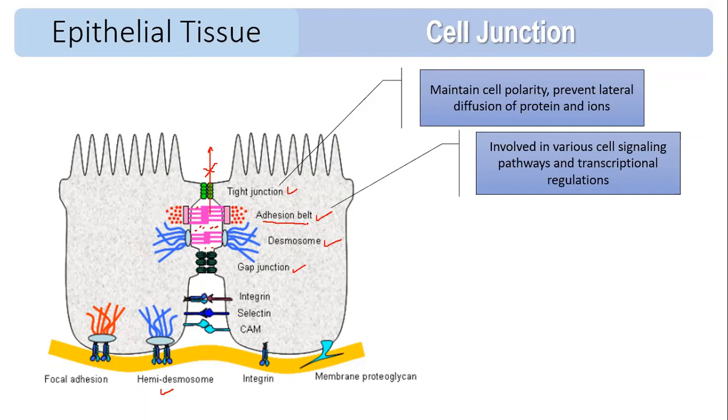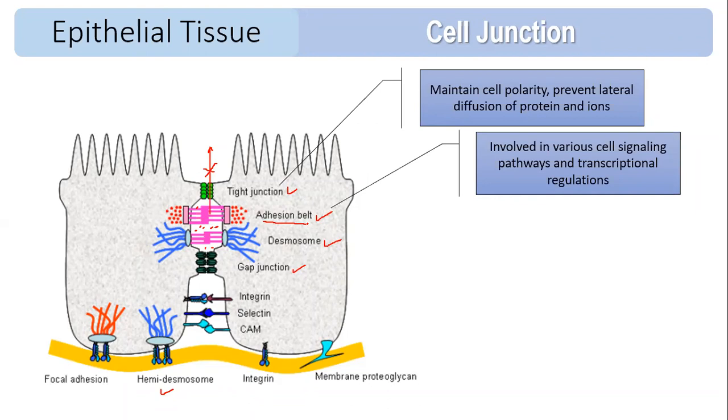Desmosomes provide the mechanical strength. With the help of that, two cells can remain tightly attached with each other. Where are they found? They are found in the epithelial tissues, then cardiac muscle. Cardiac muscle is located in the heart, right, which is responsible for contraction and relaxation of the heart, and it is also present in meninges. Meninges are the covering present on your brain and spinal cord. Are you getting? So that is called desmosome.